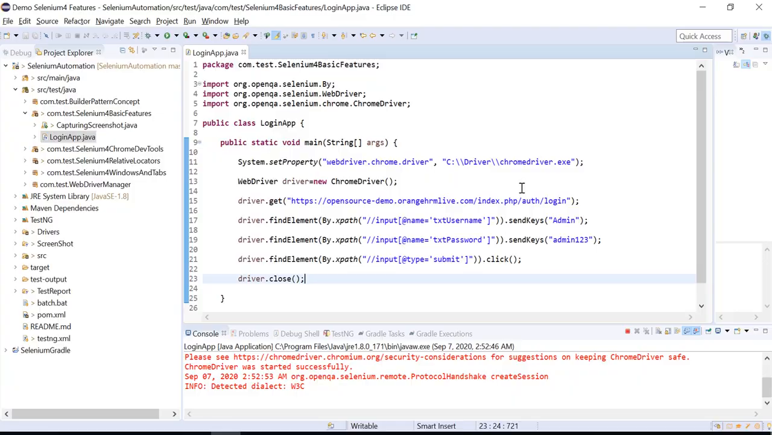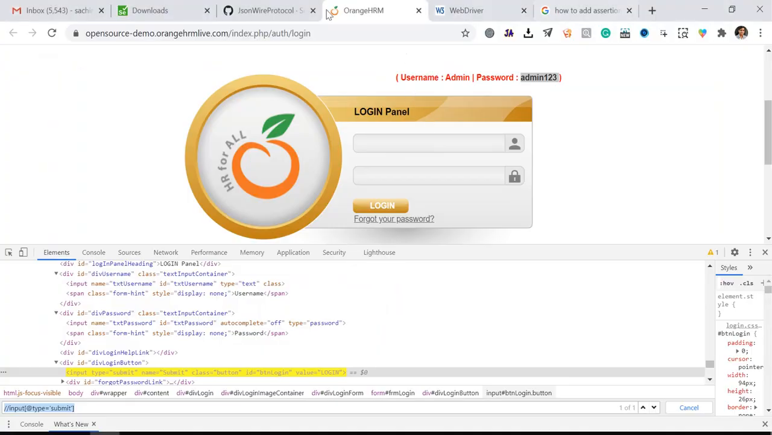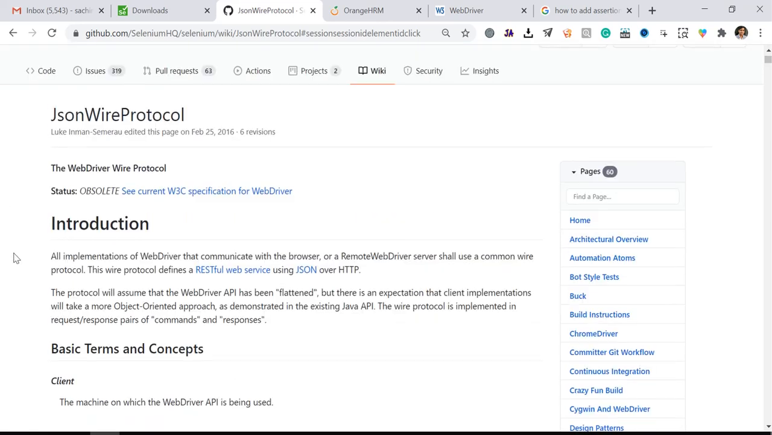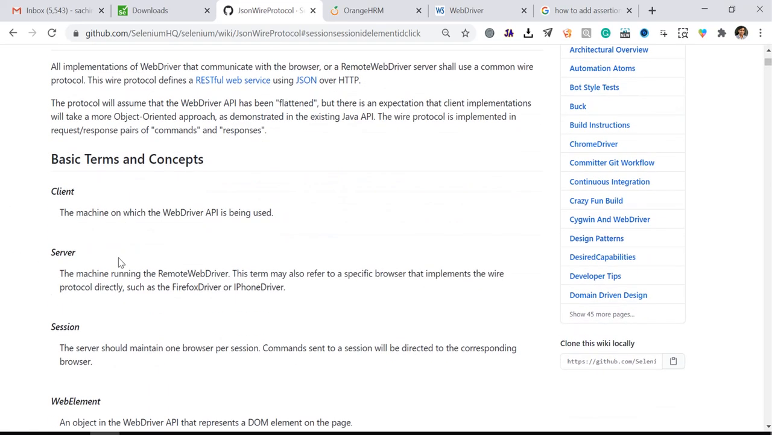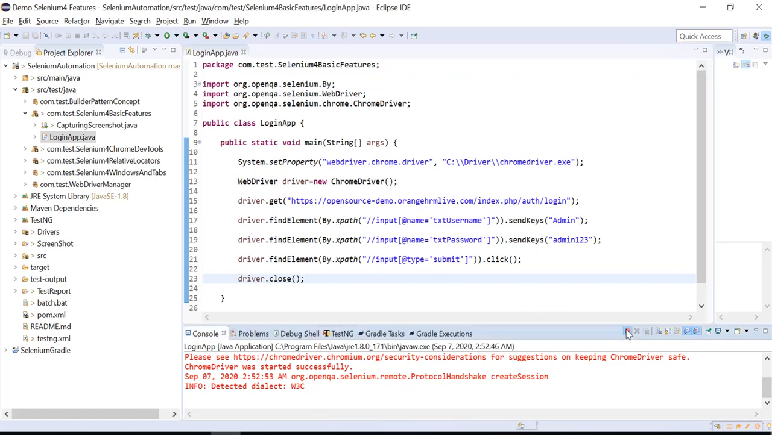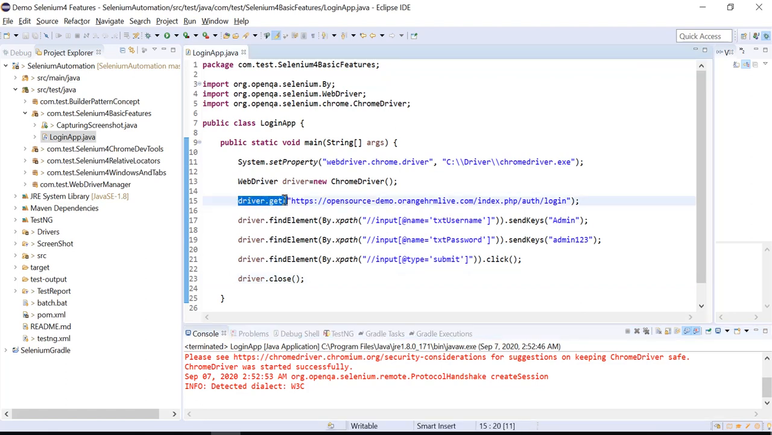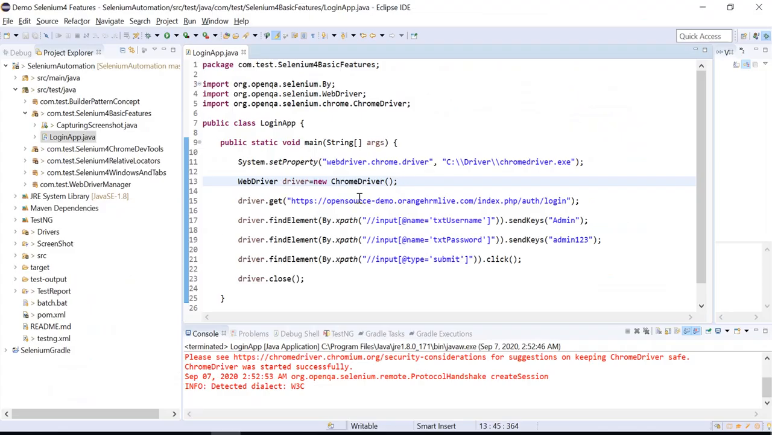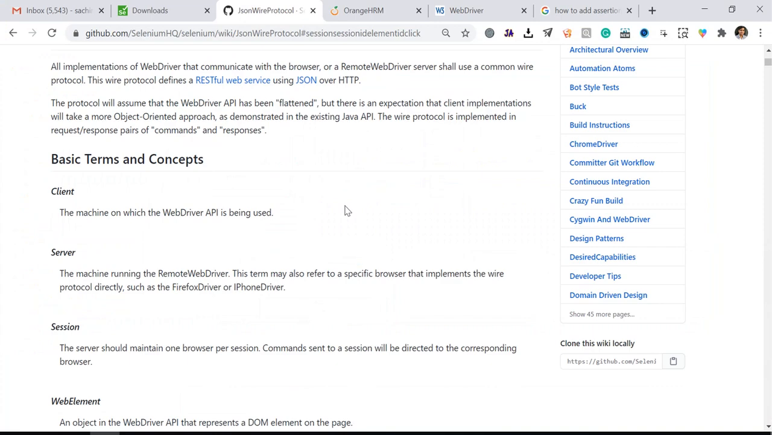Okay, let it close. Now let me go. I have talked about JSON Wire Protocol, right? So JSON Wire Protocol, this is the RESTful web services. So what does it mean? Whenever we are making any request like driver.get, right? This is how we create the session, WebDriver equal new ChromeDriver. So this is one API in the backend which is calling RESTful web services. So let me talk about this first. So the API called